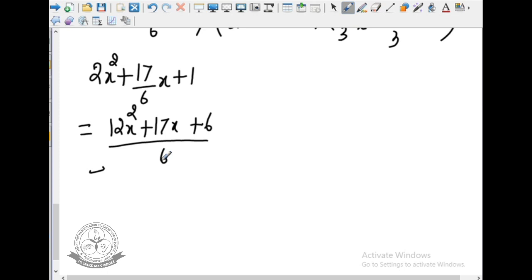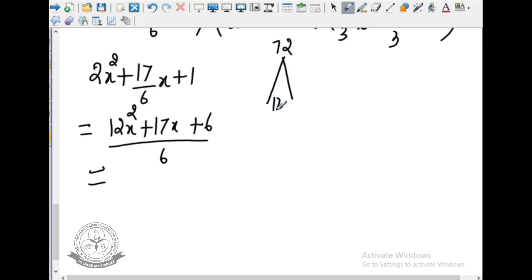Next, if I take the LCM, the 6 will come, right. So here if I take any number, just you check it. So I can't take out any number, right. So for this one I will move on to the factorization, that is the multiplication term is 72, the additional term is 17.